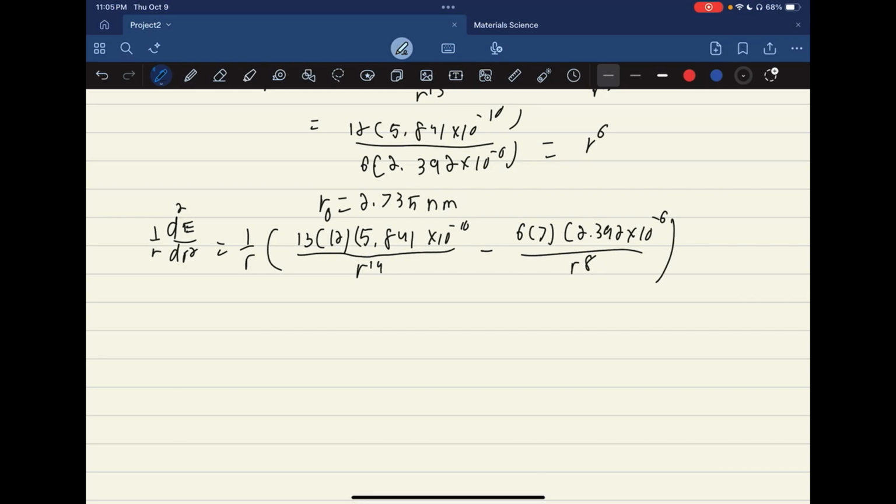And then when you plug in R naught for all of that, so you evaluate that at R naught, it would yield